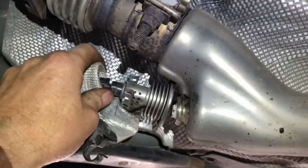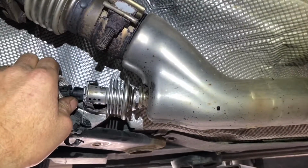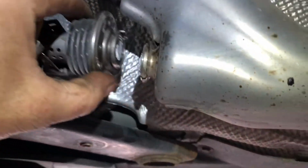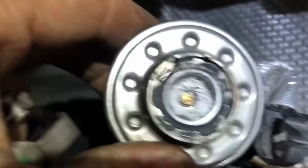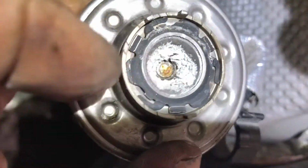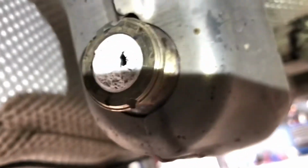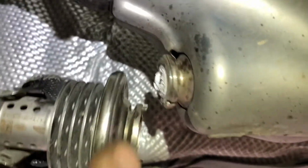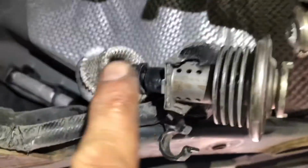The AdBlue injector sits on the exhaust, just there. That little bracket takes it off. Now, I get around, you can see that the nose of the injector is nice and clean, or relatively. I have a build up around the edge, but the center is clean. What I do also see is there's a big build up. The hole is not actually blocked, but there's a big build up of AdBlue in here. We're going to give it a clean,